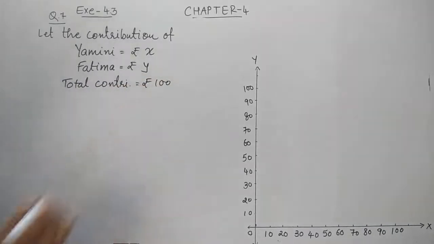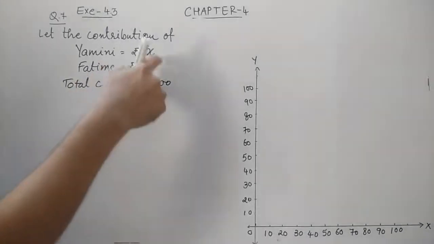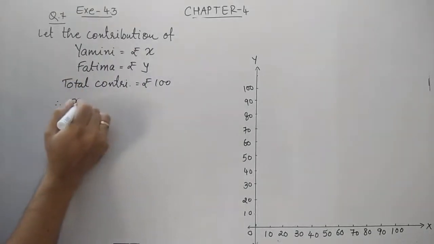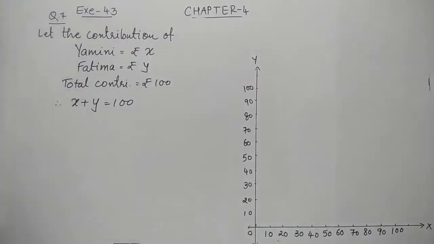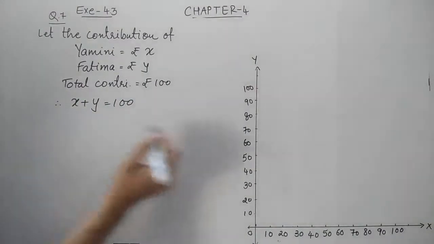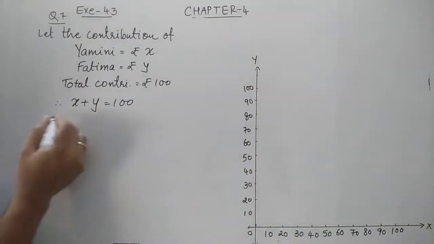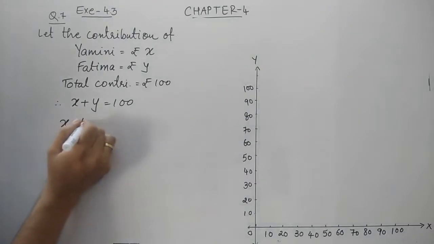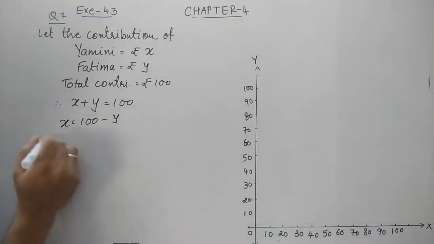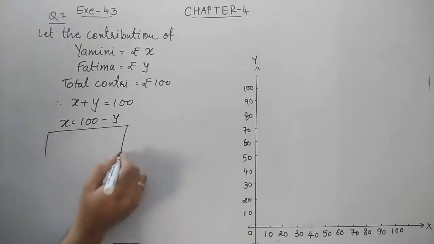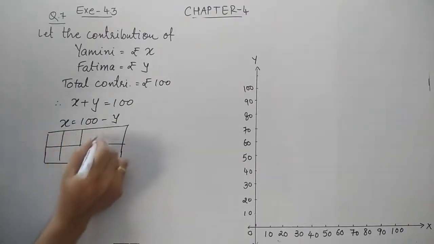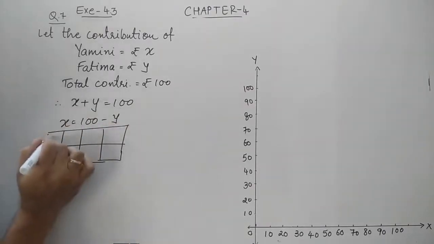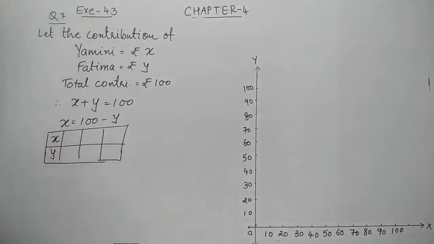So we know, friends, how the equation is formed. The sum of these two is equal to 100. Thus the equation is formed. As we have to represent this on the graph paper, let's make X the subject. So it would be 100 minus Y. As we discussed earlier, we have to get at least 3 coordinates to represent this on the graph paper. So let's suppose 3 values for Y, to obtain the value of X.